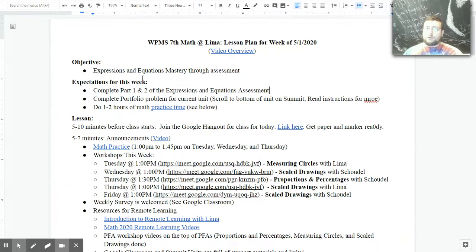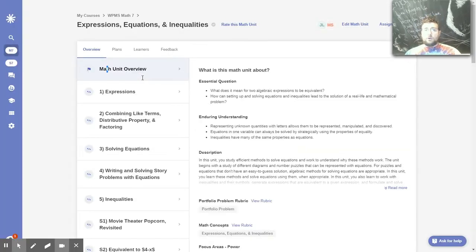You are also supposed to complete the portfolio problem for this unit by May 1st, which is Friday of this week. I will accept it after that, but we really should try to wrap it up before then so that you can get feedback and also so that you can focus on power focus areas like you're supposed to after this week in school. So as far as the portfolio problem is concerned, if you go to the unit page